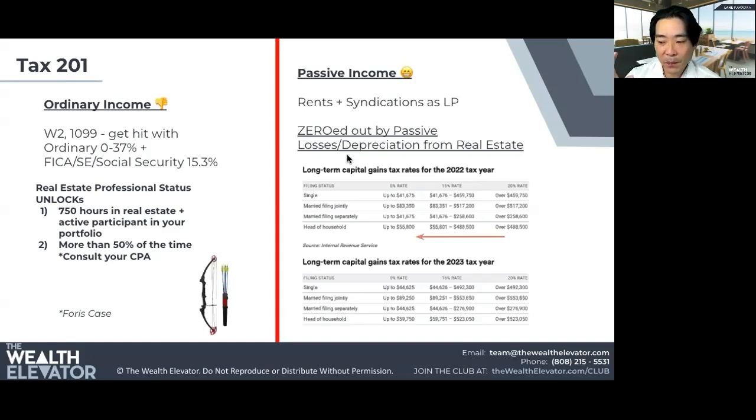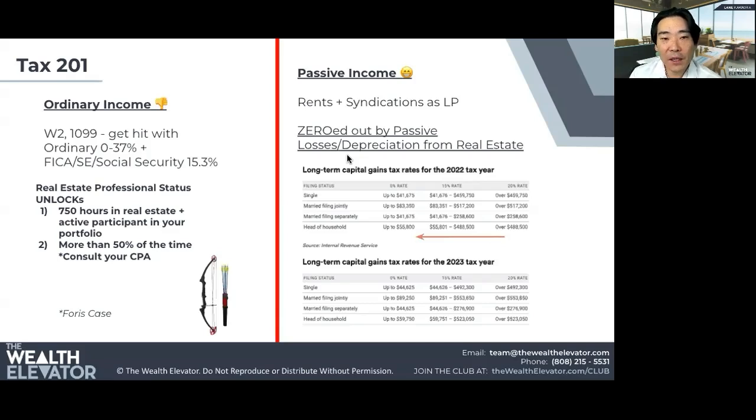Of course, there are so many permutations and combinations of it. Some CPAs are extremely liberal with this, but I think it's important to talk to a very flexible CPA out there. I'm not a CPA or tax attorney. I don't give any tax advice here. I'm not giving any investment advice here. But if you want to jump on that intro call that we give complimentary to new members, I can size you up with what other people are doing and maybe give you a couple of ideas to talk to your tax professional about at the end of the day.